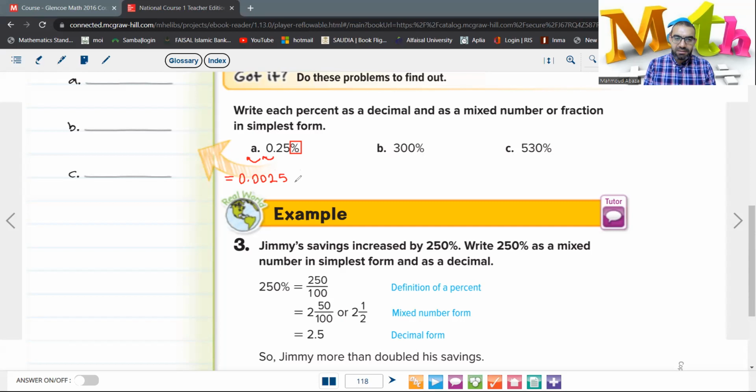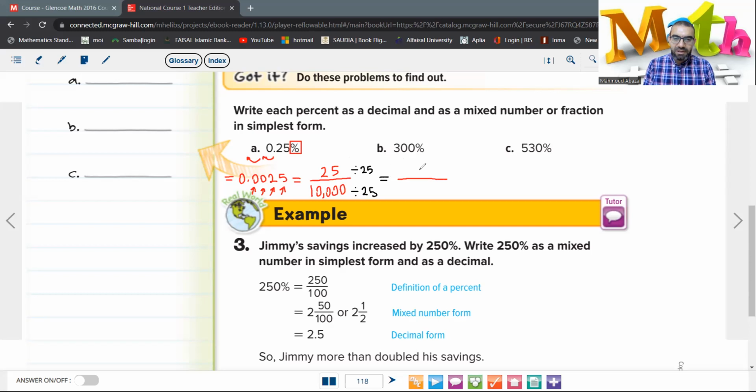And as a fraction, it will be 25 over, let's count how many digits we have to the right of the decimal. 1, 2, 3, 4, means over 10,000. Now we should divide by 25 up, divide by 25 down, and this will give